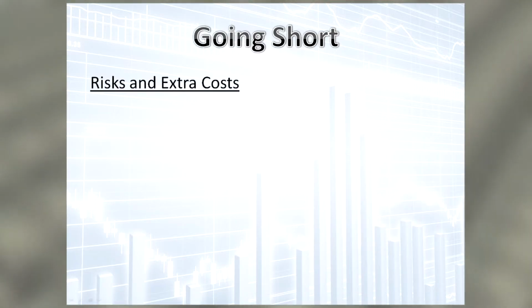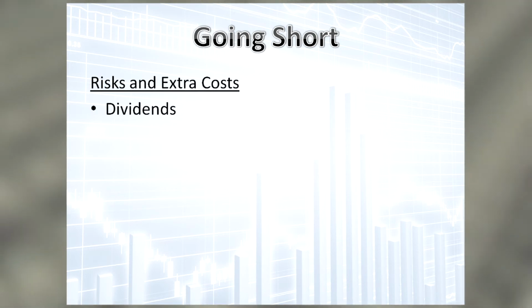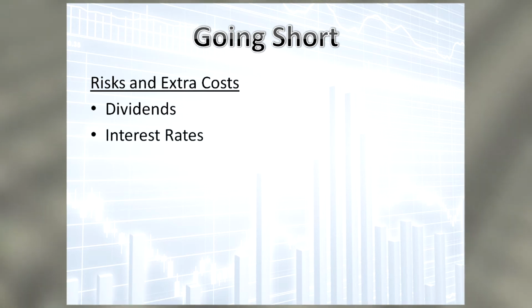Short selling is a good way of making money when prices go down, but it does have some additional risks and extra costs involved. For one, if the stock you borrowed pays a dividend, you'll have to pay the dividend to the party you're borrowing from since you're not the owner of the stock. Short positions also charge, in general, an interest rate. You are, after all, borrowing a security and you need to compensate the other party for borrowing from them. This is the same way that the bank charges interest on loans.